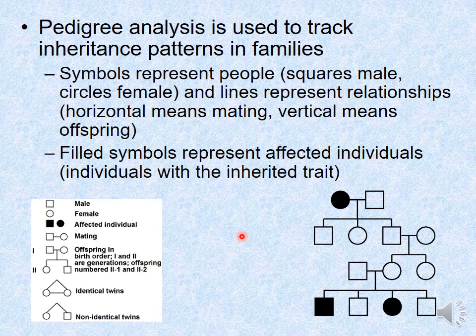So what are the filled in and the empty symbols? Well, basically the filled in symbols represent the affected individuals. Affected basically means that that is the phenotype that this pedigree is showing. So it could be red hair. And so this red haired